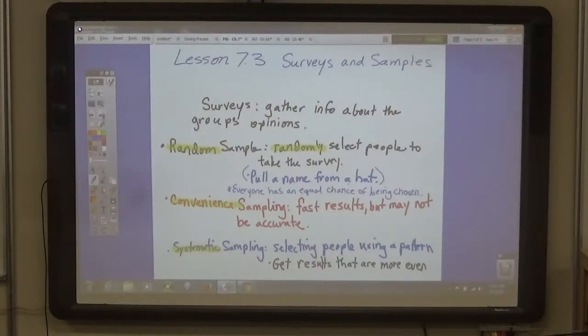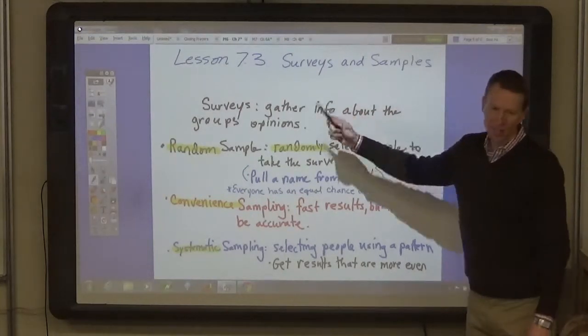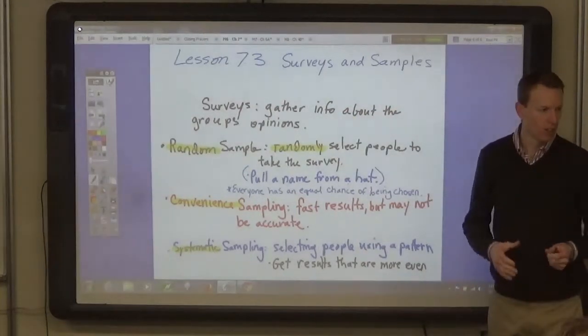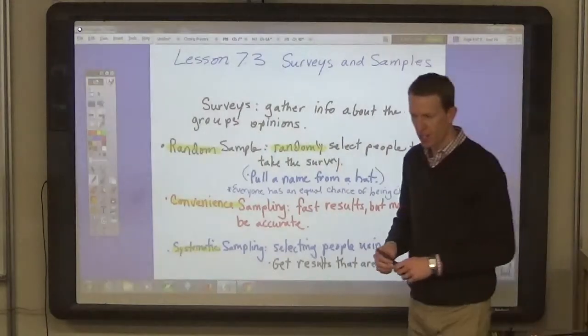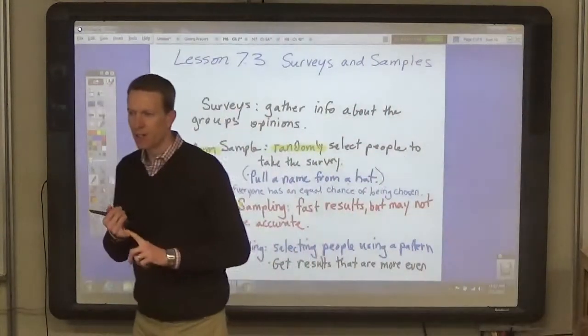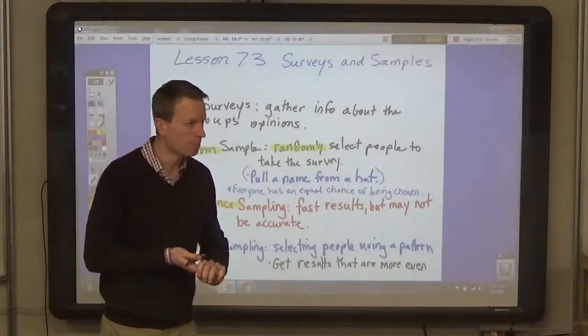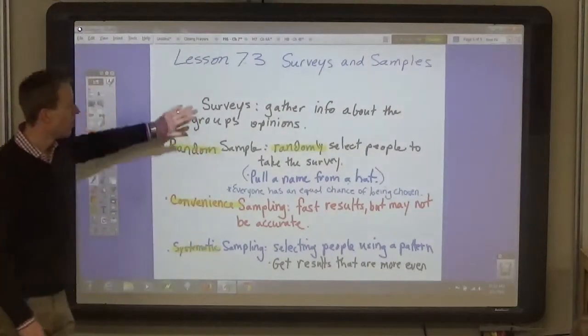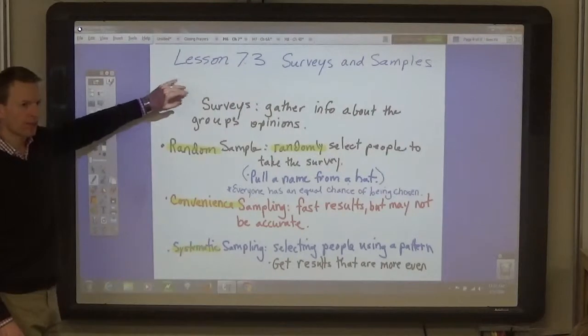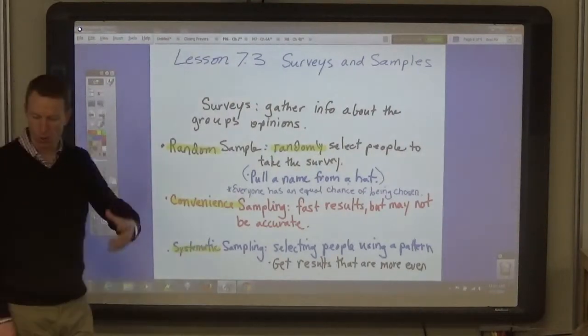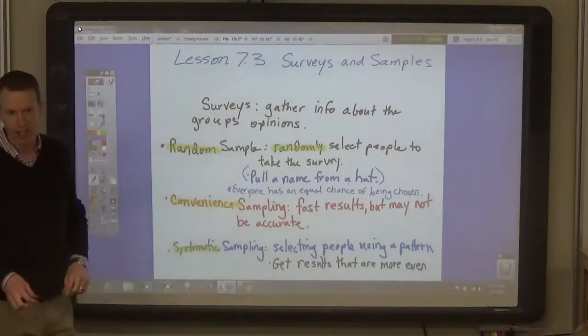Sixth graders, we're going to talk about different types of sample surveys today. Surveys and samples. A survey is a way of gathering information, and we have looked at ways of organizing the information already. Finding the mean, the median, the mode, the range of the information. Now, when you're taking a survey, you're trying to gather information about how people feel or what they think about a subject. In fact,